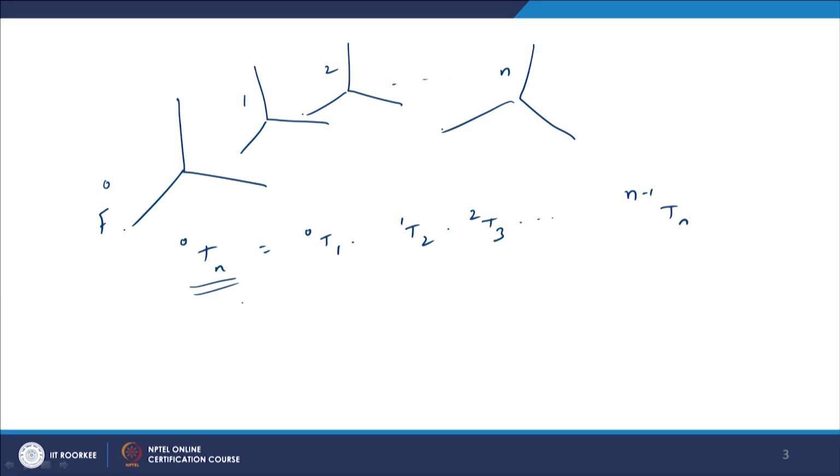Now, if you are making changes at each and every frame, a small translation and small rotation made in the 0th frame will affect the last frame also. If you make any change here, the last frame will also be affected. Similarly, if you make any small change in the first frame, again the last frame will be affected, etc. So, the small change at each and every frame will affect the last frame.